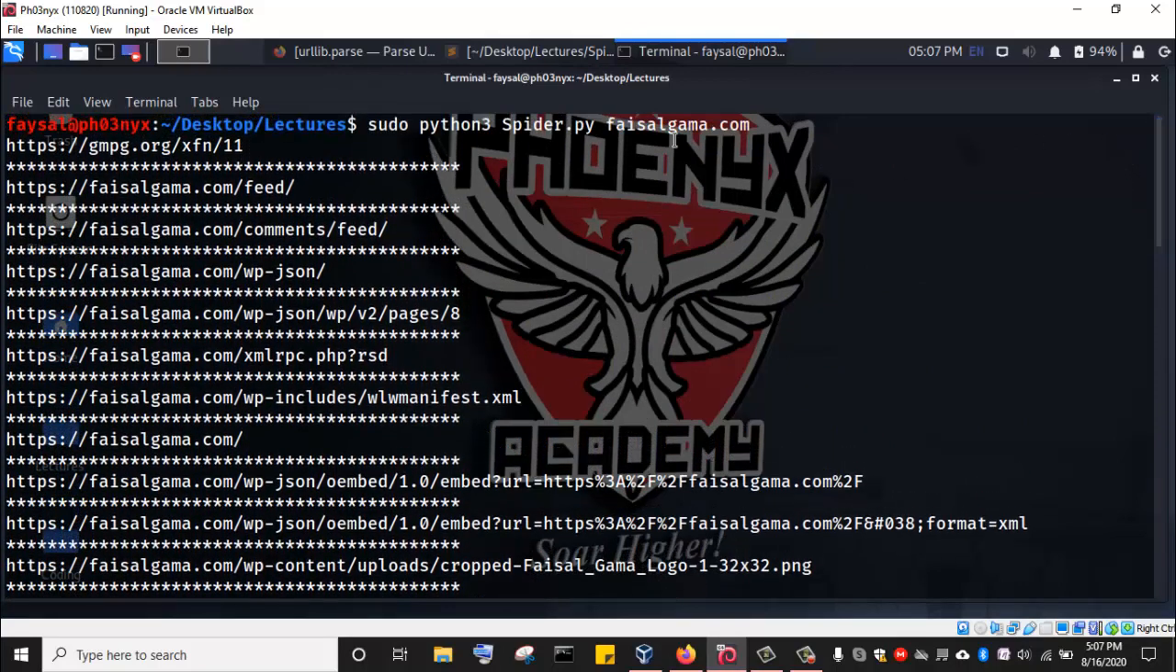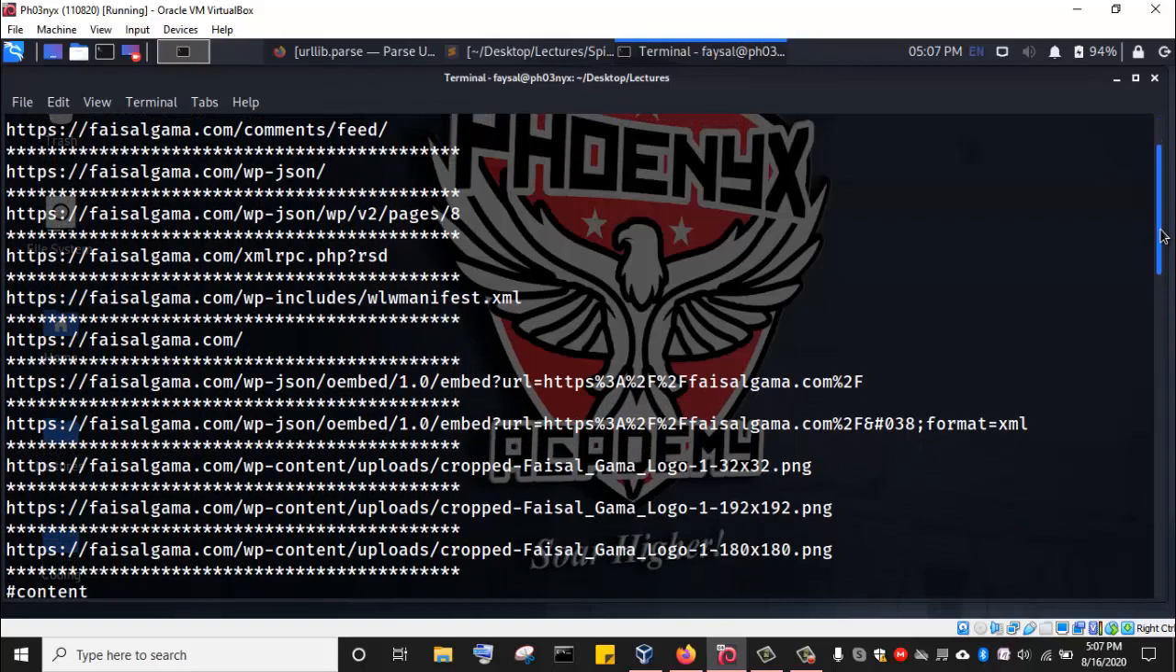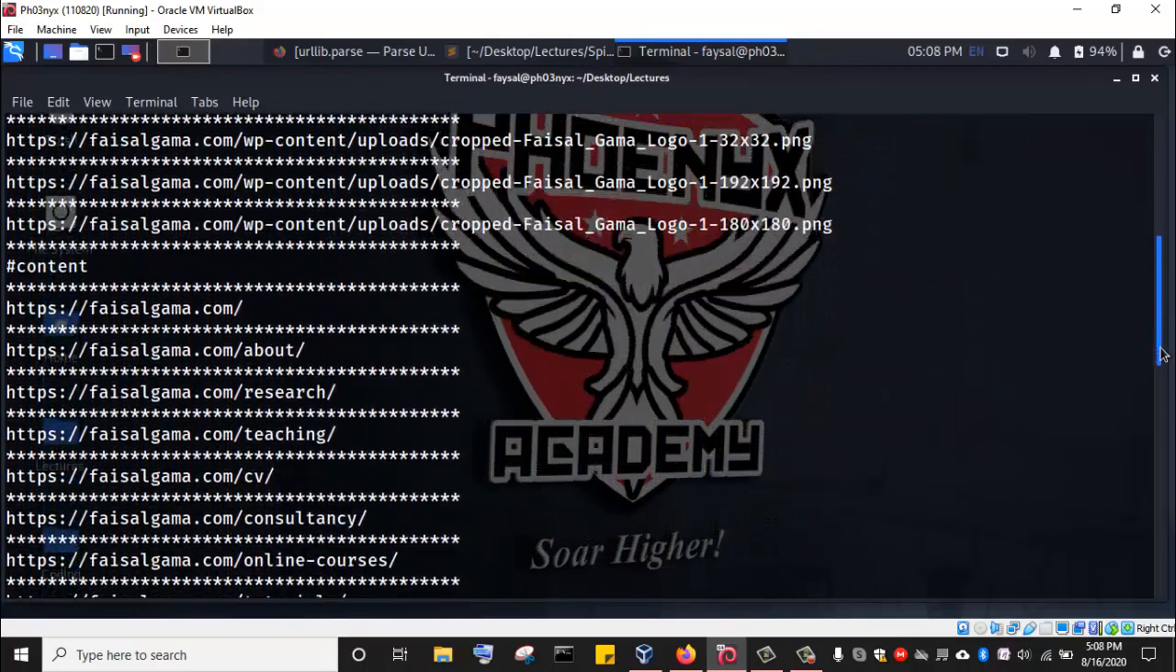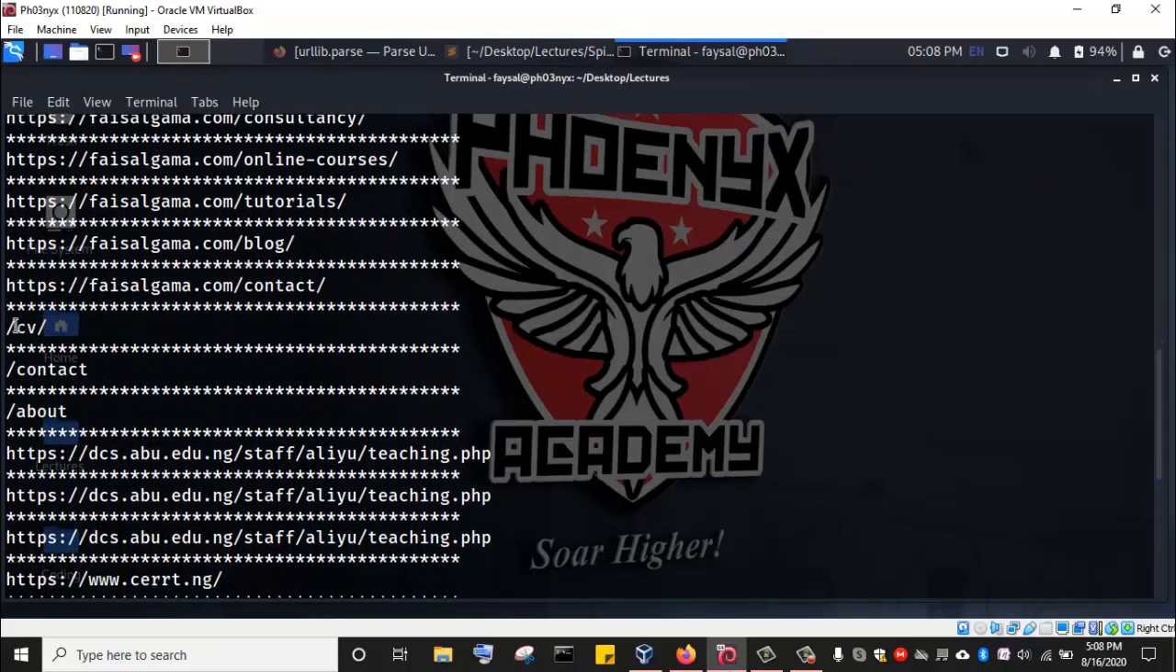On that first page, facelegamo.com, these are the links that are contained, and our tool has been able to get us all the links. But when you look at some of them, you see that some of the links are not properly formatted, like /cv, /contact, /about. Now we want to have a full complete URL. So instead of giving us /cv, we want to have